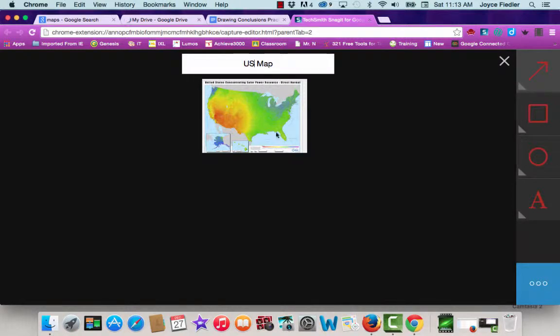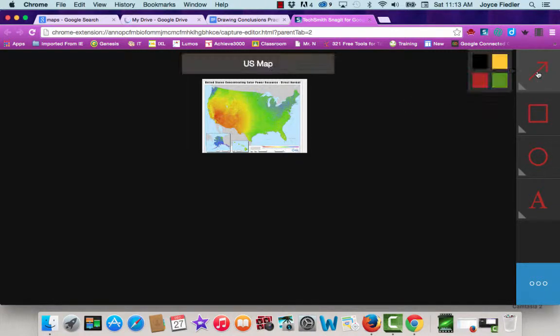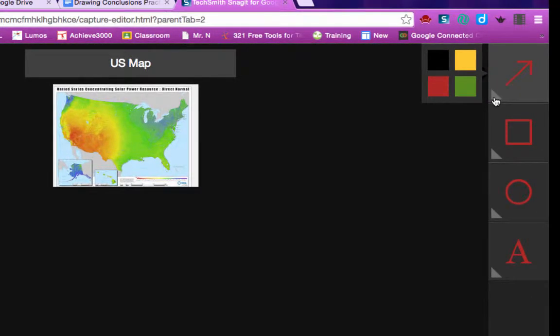Okay, and here are some options that you have while you are in this screen. You can annotate the part that you've clipped out. So let's say you want students to name the regions of the United States from colonial times and today. So I want to add an arrow, and if you use this little corner arrow, you'll see that that's where you get these options to change the color. There's not a whole lot of options, but there are a few. I'm going to keep it red for now. And I'm going to draw an arrow right here. And then I want to add some text